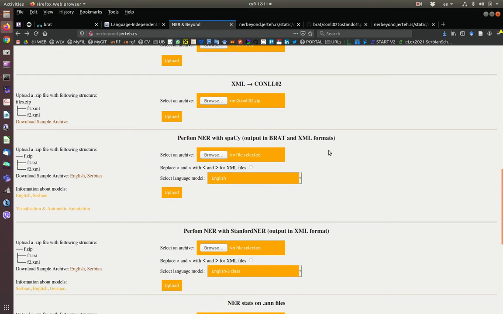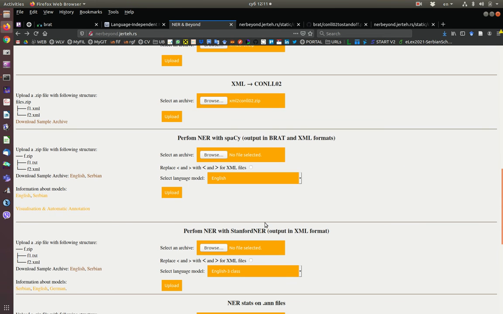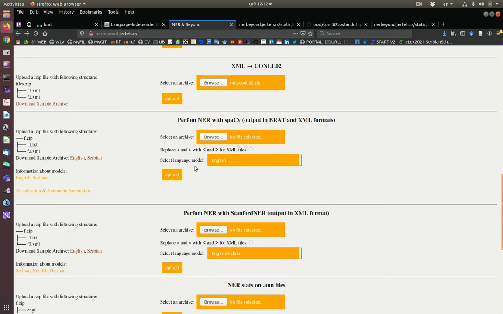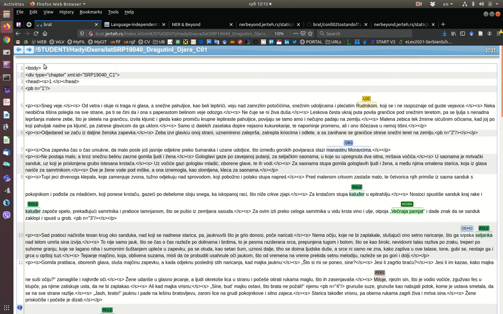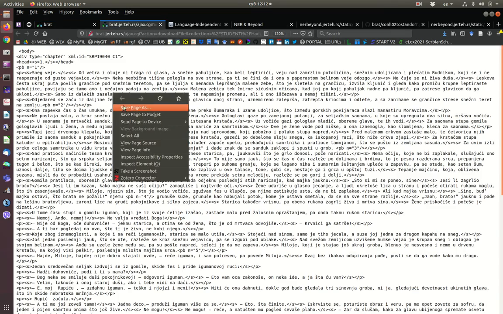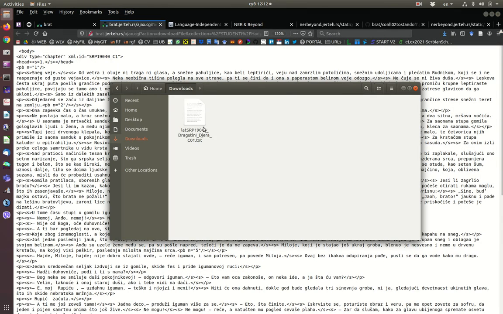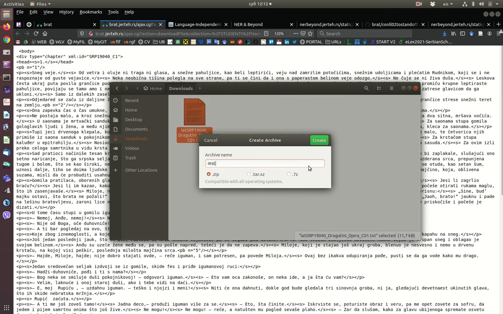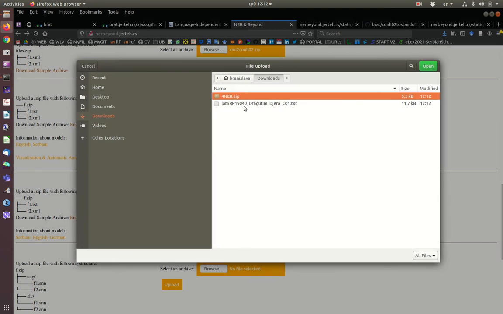Okay, so these are the conversion panels, and now I'm going to the panels that perform named entity recognition with different previously trained models. So for example, let me just again go here and download just a text file. Okay, so it doesn't contain any annotations, and I'm just going to now run the spaCy named entity recognizer, and also